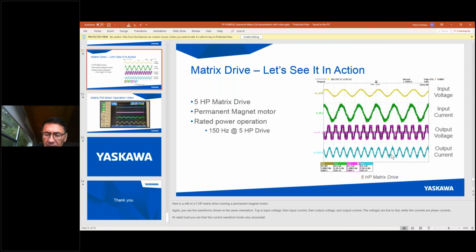If through several of these projects in the municipal area we have been able to prove that using the matrix drive without a harmonic filter but with a DVD-T filter is safe enough that the manufacturers of the motors are willing to write letters stating they will uphold their warranty, we think that's a significant step forward. So, with that, we've covered the two subjects that I wanted to cover today,